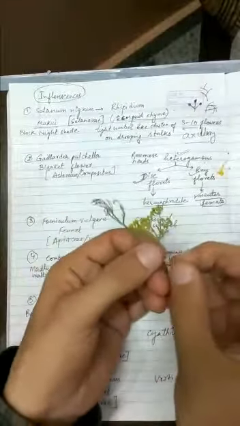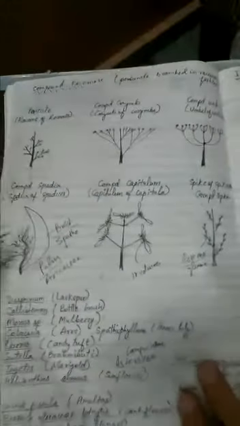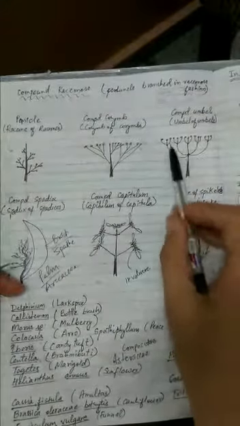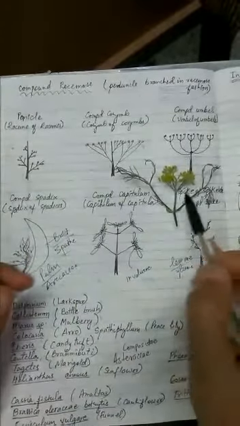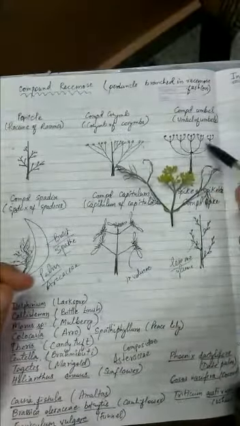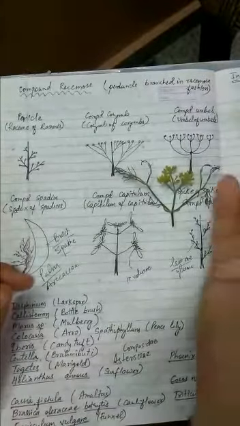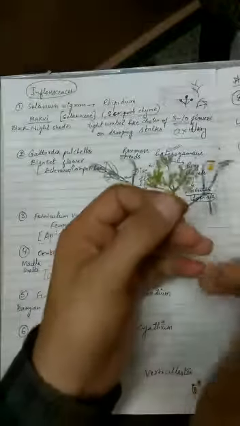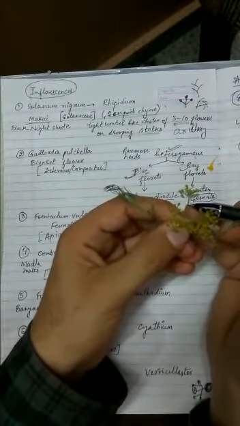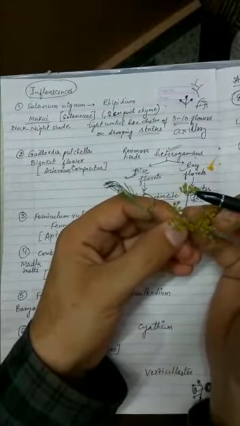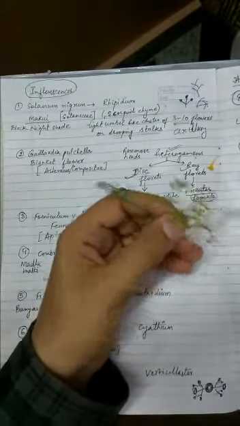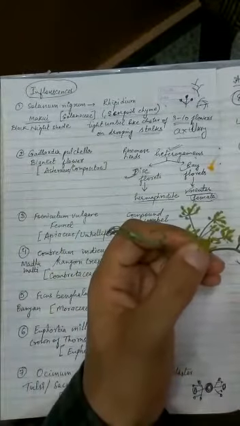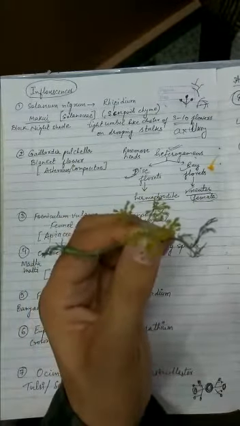So you can see here now. Okay, let's revise from there and then you will understand better. What was the characteristic of compound umbel? This is the shape. So now you can compare this. It's exactly the same arrangement, that there will be branches coming from the tip, and these branches will carry flowers in the shape of an umbrella. So the same structure is visible here. You can see one branch, and this branch also has a similar type of flowers on the top. So the compound umbel is a characteristic of the Apiaceae family. I hope this one is clear to you.